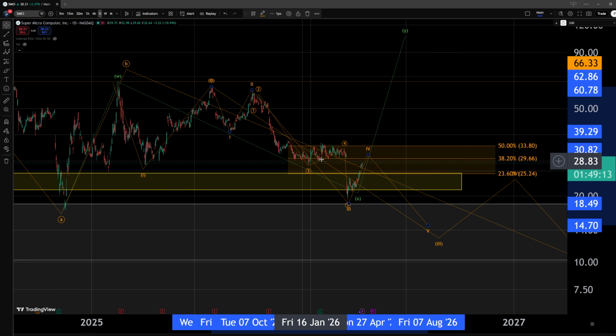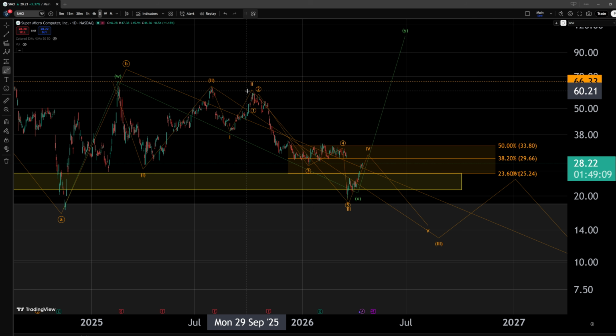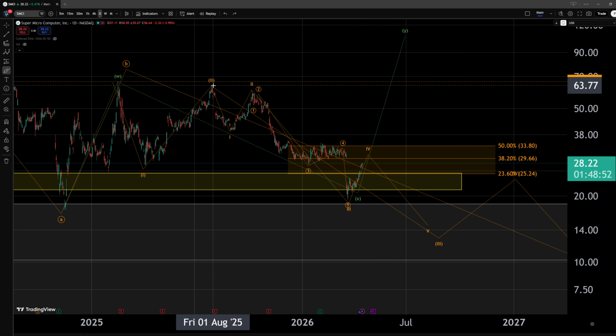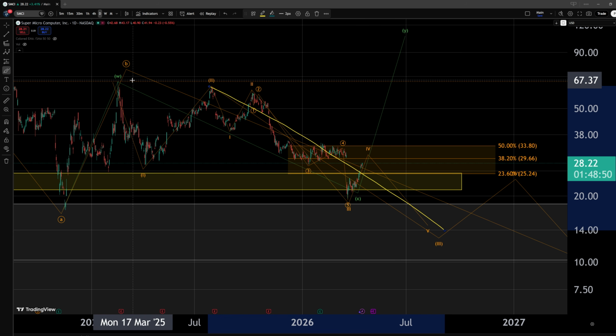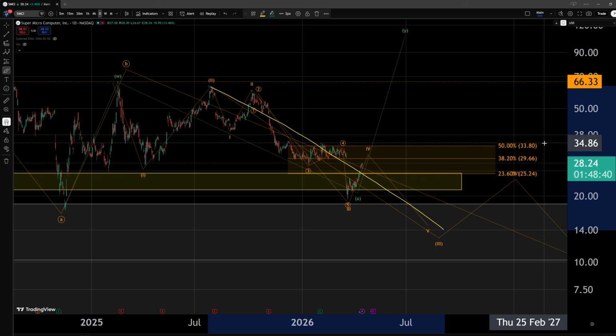We would still consider this to have been a wave 4, part of an internal wave 3 to the downside in this area. We would still be looking for a larger wave 4 correction, a wave 5, and even then, only the internal wave 3 of the larger wave C would be complete. Even then, we would still expect even further lows, and all of this remains applicable as long as we do not get a sustained break above